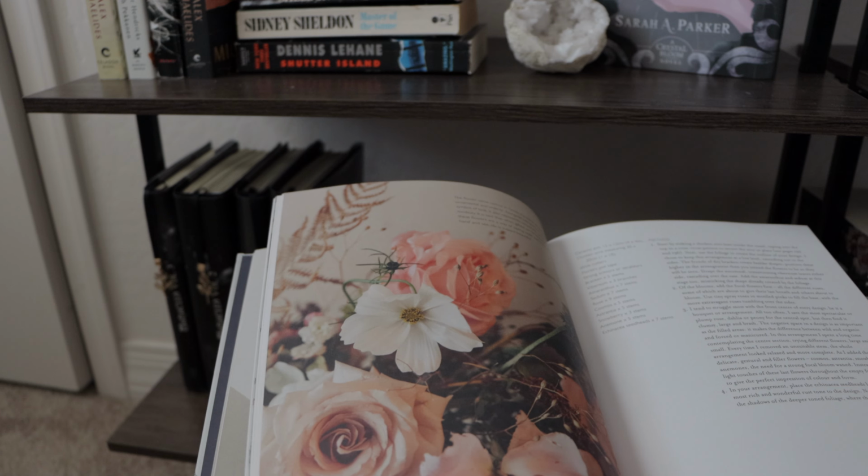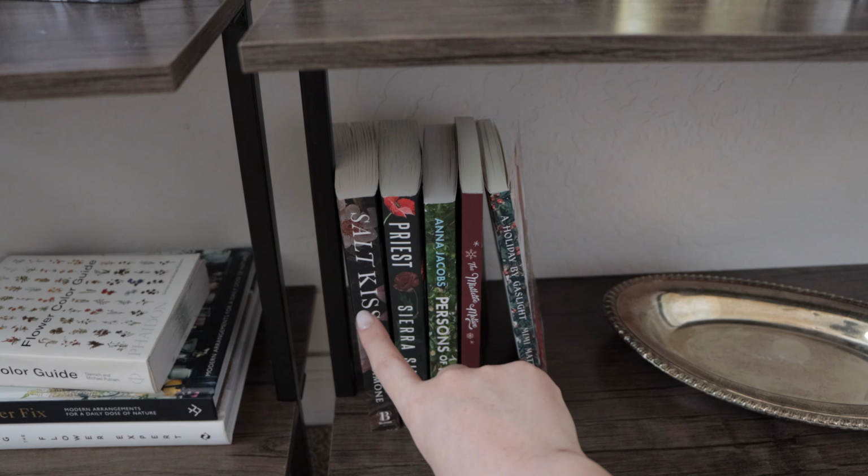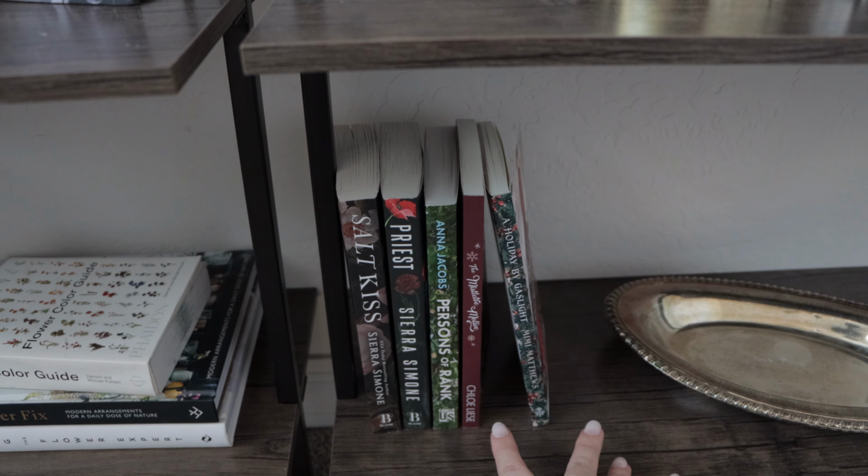Seriously, so gorgeous. And last but not least, we have a few just regular romances here. I've got a couple of darker romances, both by Sierra Simone, a historical romance, and then a couple of holiday